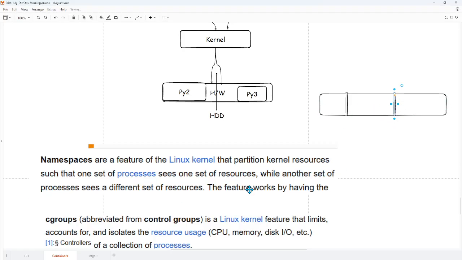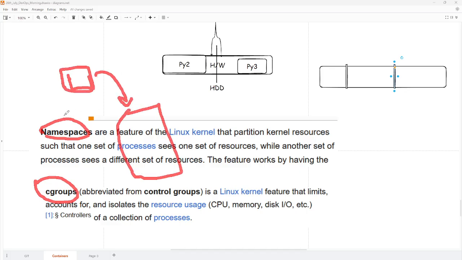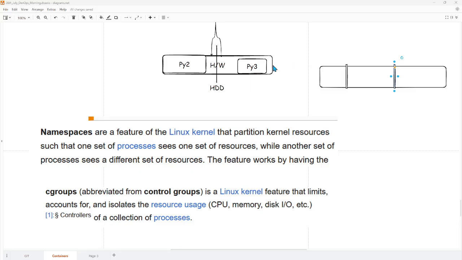How big is the partition? Capping we can do this. Why? Because if one process consumes all the CPU, then another process won't get any resource, right? So that is also not good. So internally, containers use the features of namespace and cgroup, and by utilizing these features, they make a process behave like a virtual machine so that you can come up with your code. But your code, which we say is running as a container, is nothing but a process for the operating system. And that is why containers are so fast.